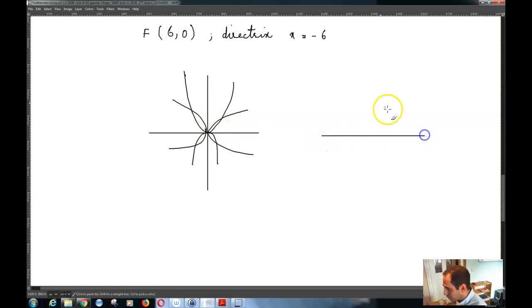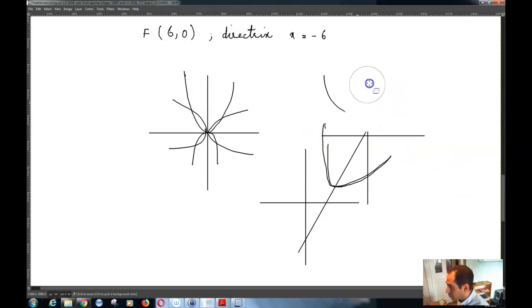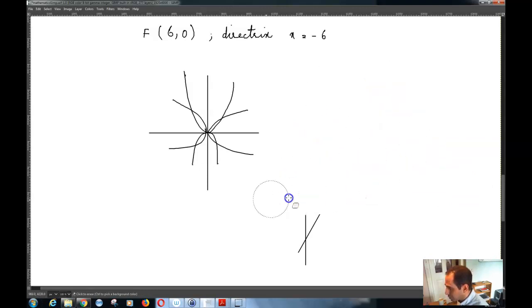For example, you can have a parabola like this. You can have a parabola even like this, meaning that the axis of symmetry would be this axis over here, and the axis is a little bit tilted, for example. So anything is of course possible, but basically considering only the very simple 4 cases that we have,